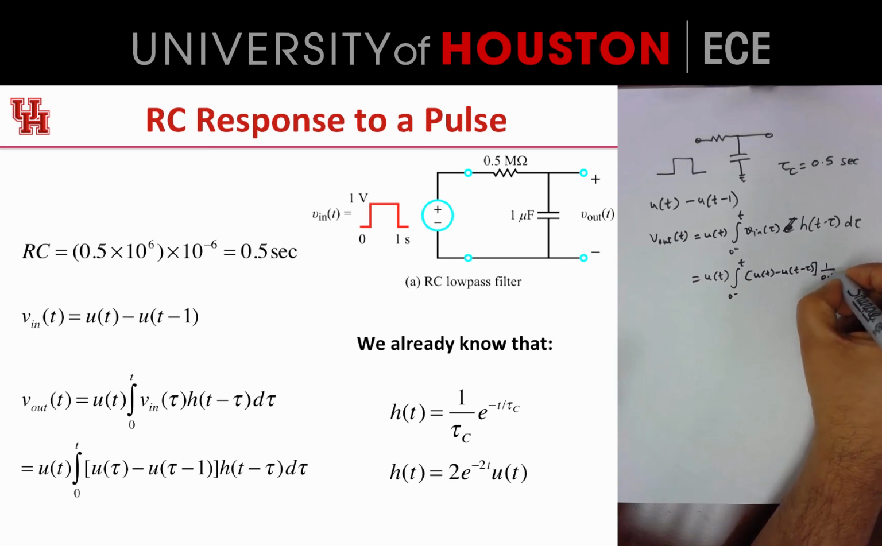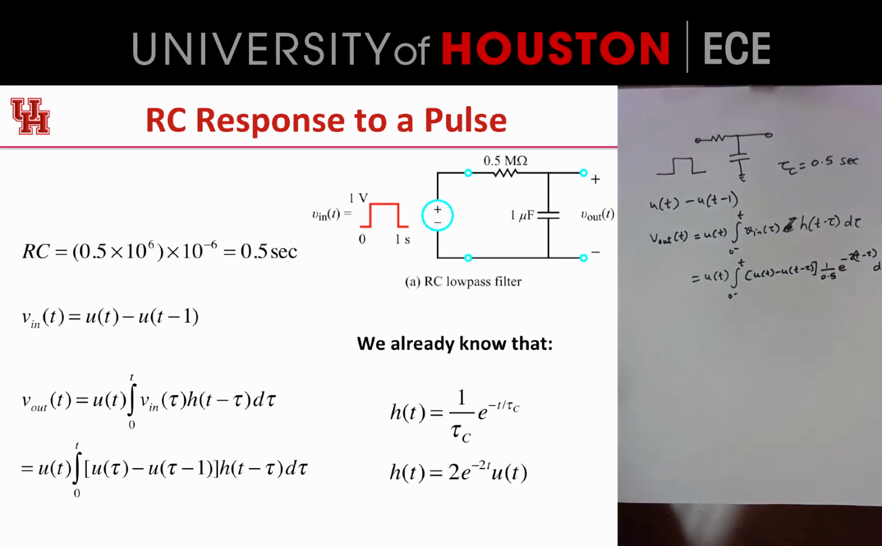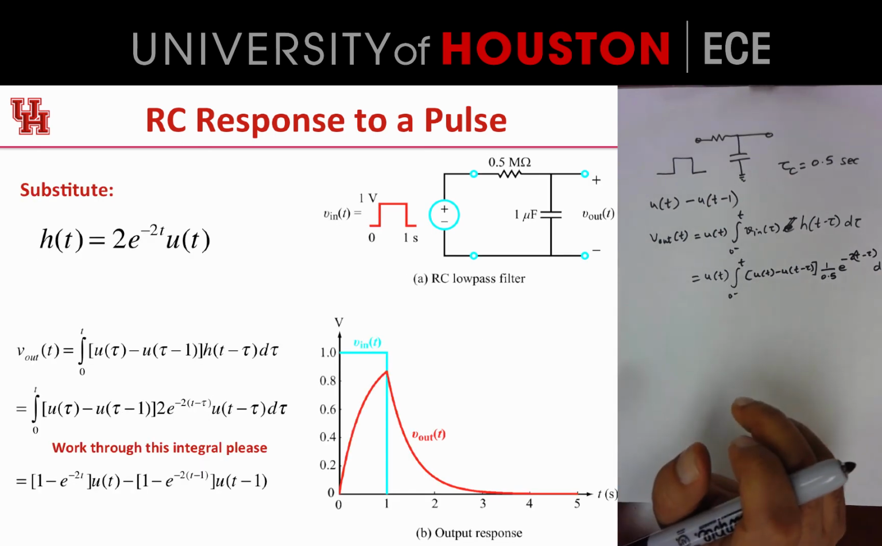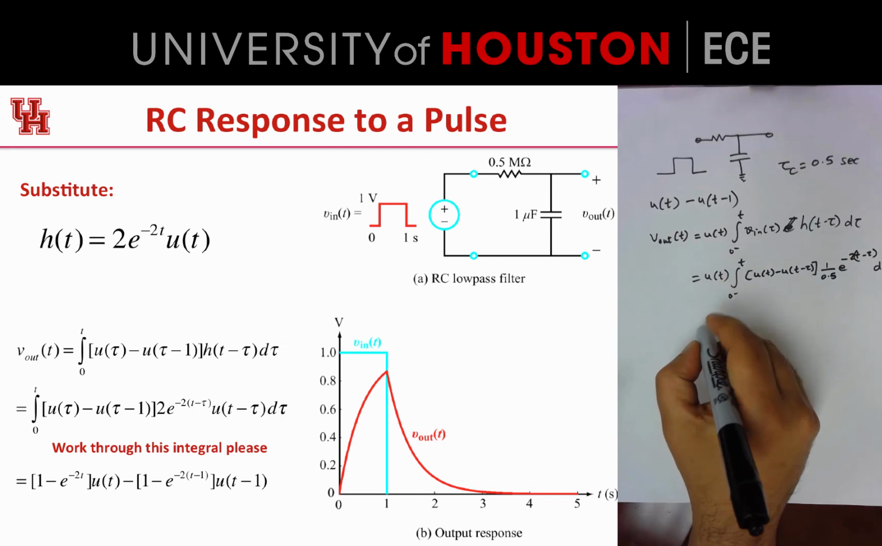e to the minus t divided by 1/2, which is the same as 2t, minus tau d tau. If we evaluate this integral, which is fairly straightforward to do, you're going to get a signal